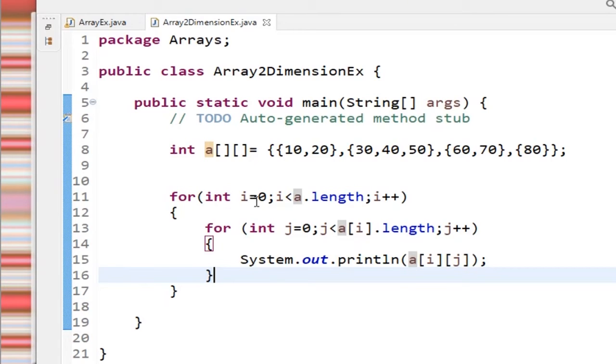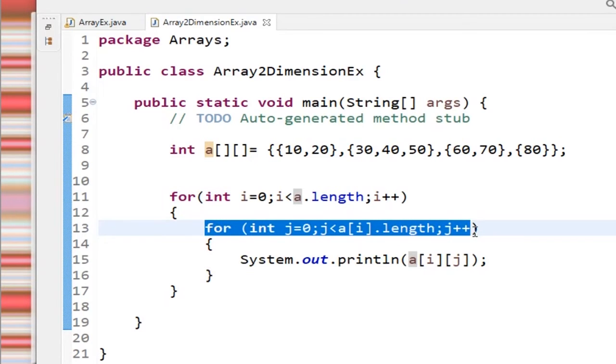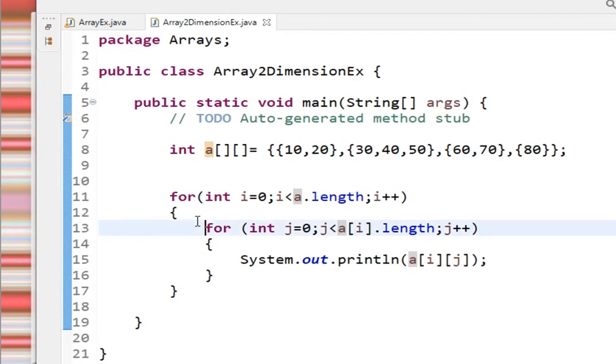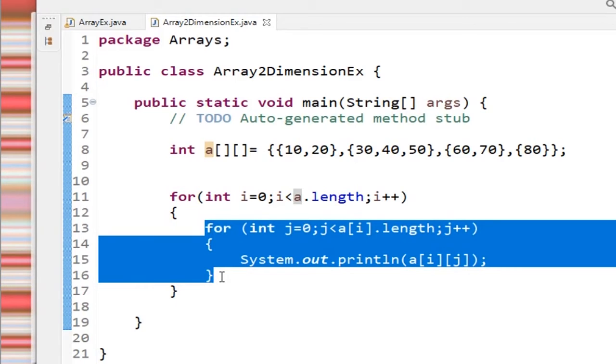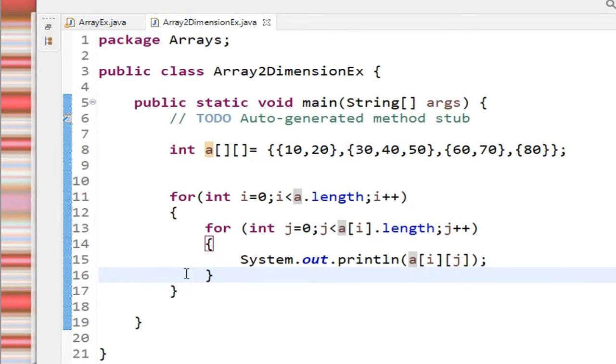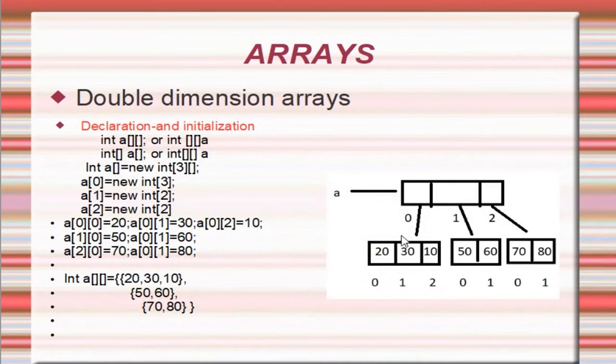So for that I am taking 2 for loops. One is for iterating the first loop and the second is the inner loop. Writing a loop inside another loop is called an inner loop. So I am taking another inner loop for printing the sub arrays. I equal to 0, I less than... I represents this and j represents this subarray, and this subarray, and this subarray. Okay, like that I have written the program.